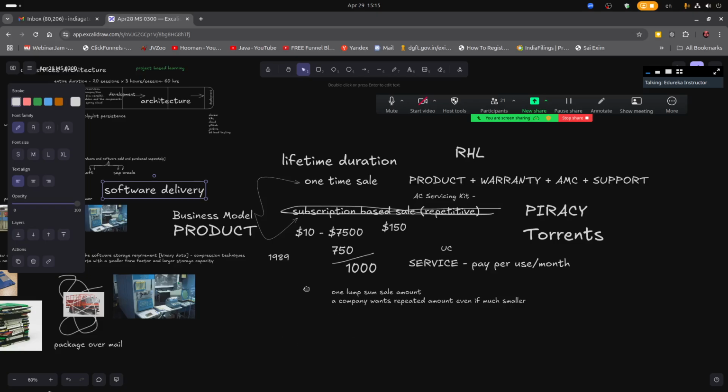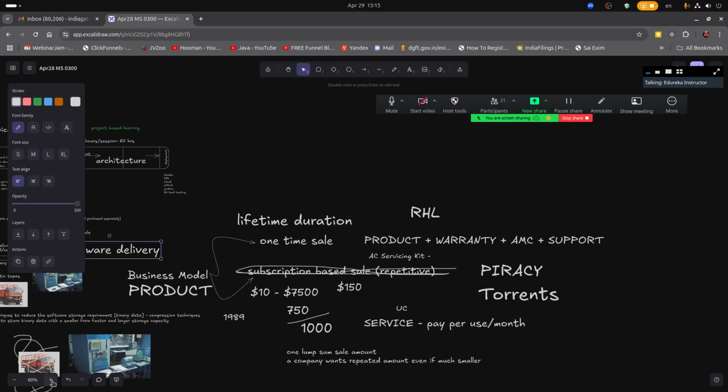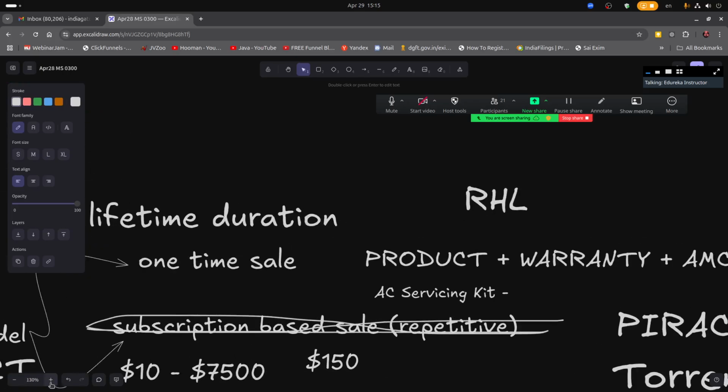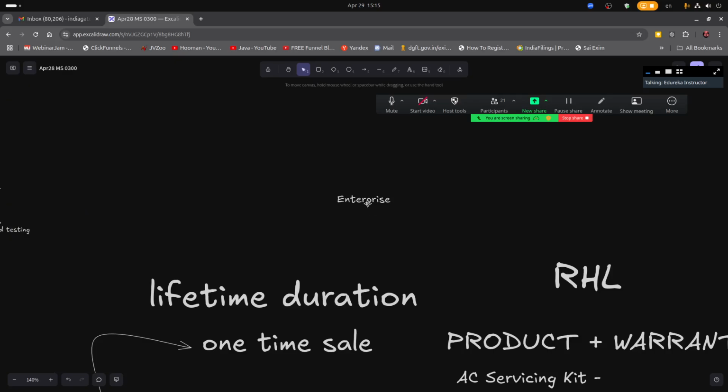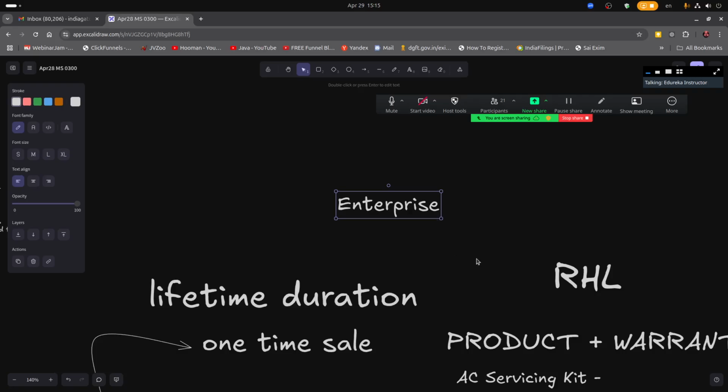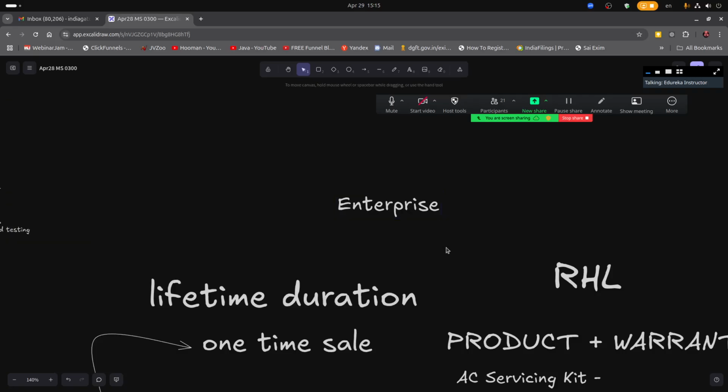So the major revenues that were coming into the software industry were from enterprise users. Okay, this has to be remembered. Enterprise users. So what are enterprise users? Enterprise users are large companies like Ford, for example, Mercedes, Audi, John Deere, JCB, and Boeing, Airbus. All these are examples of large companies. General Electric. So software companies were targeting primarily large corporations and large enterprises, because there you could ensure licensed usage of your